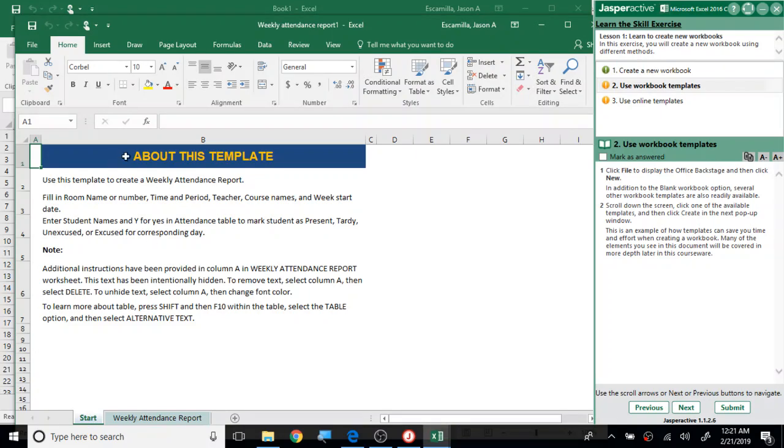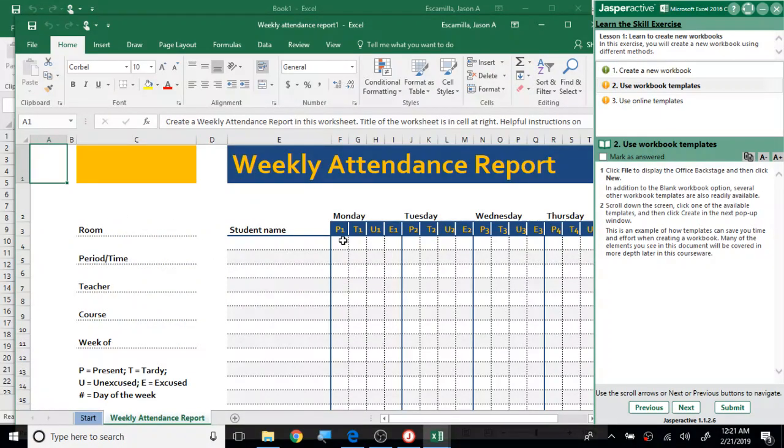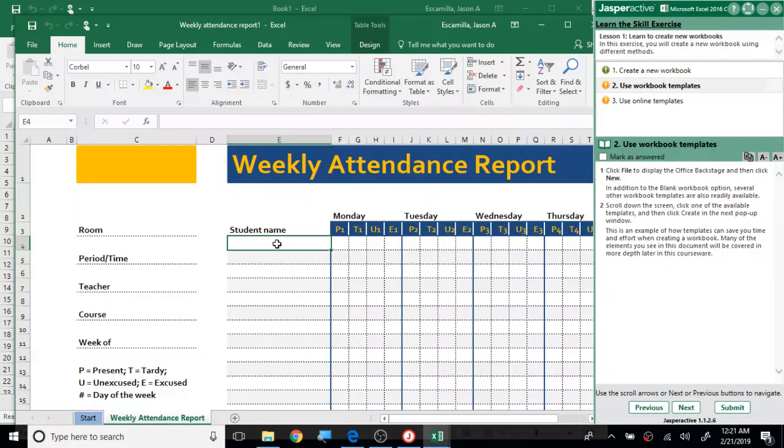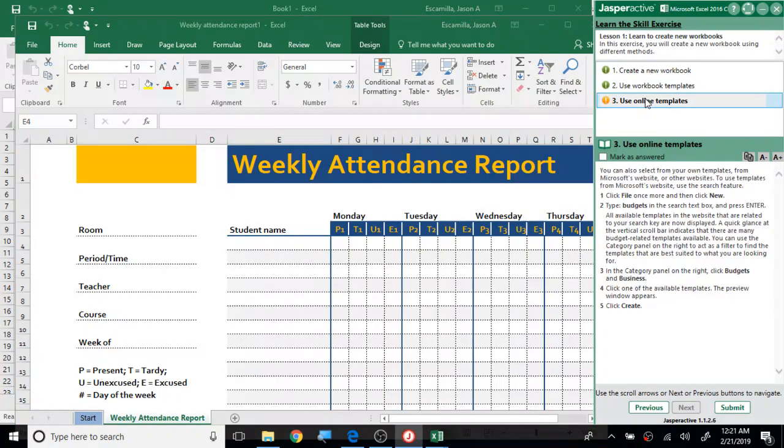And this is a template that has some directions at the beginning, and the actual template is right here. This is an example of how you can save time. Let's say you needed to create a list of things and you didn't want to have to do it to where it looks this nice and nifty. You could get a template in order to save time. Once you've opened up a template, go ahead and click Mark as Answered, and let's move on to the third